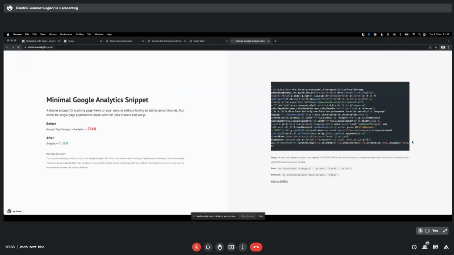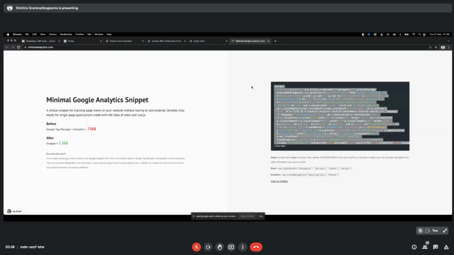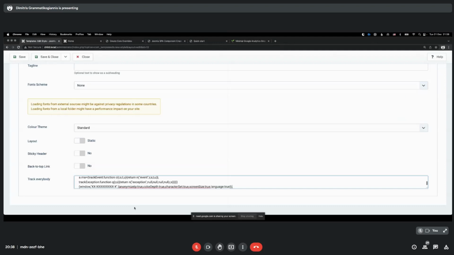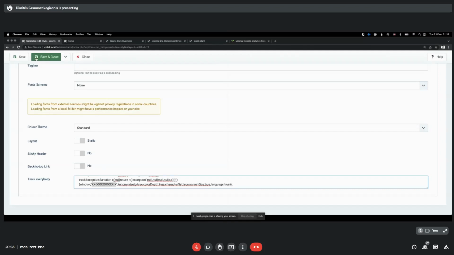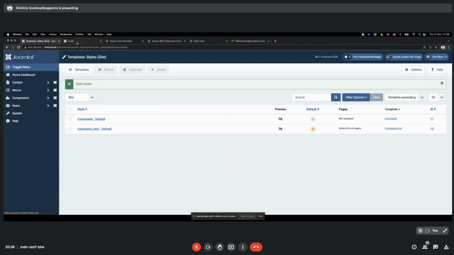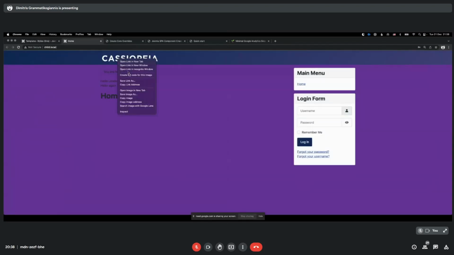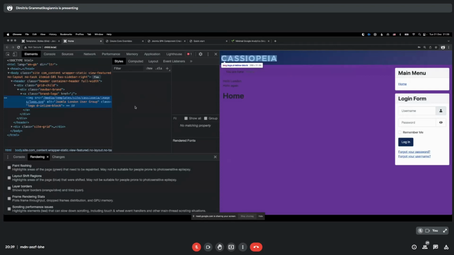And because we're doing our own thing, I'm gonna just copy this code verbatim as it is, put it here. If this was a live site, I was going to put here my Google Analytics ID. But for the time being, we're just gonna save it, right? And if we go to the front end and check the head,